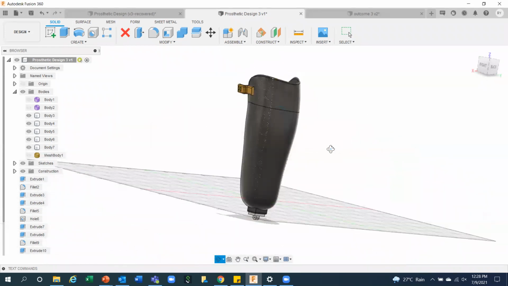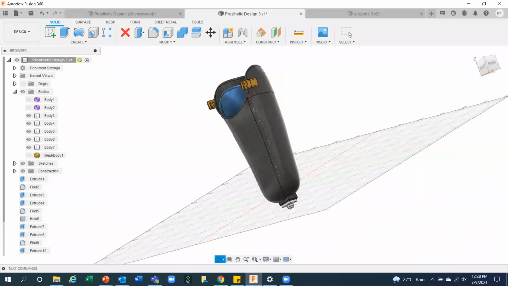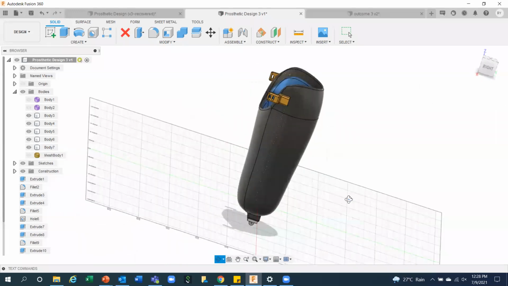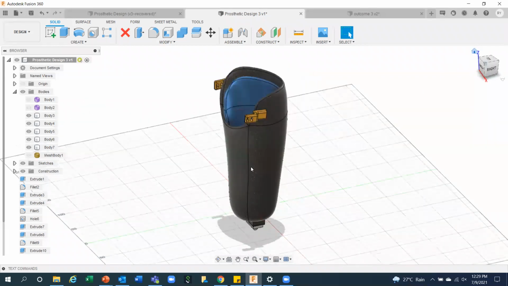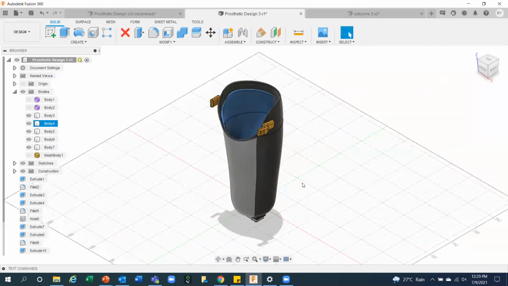Now you can see this is complete, fully packed. Wherever the patient wears this, the entire leg is going to be covered with this prosthetic. This is the traditional design. Many of you have already seen it. Because of the complete cover, there is a lot of sweating problem, some strain, and a lot of other issues. Now I am interested in getting a different design of the same shape using